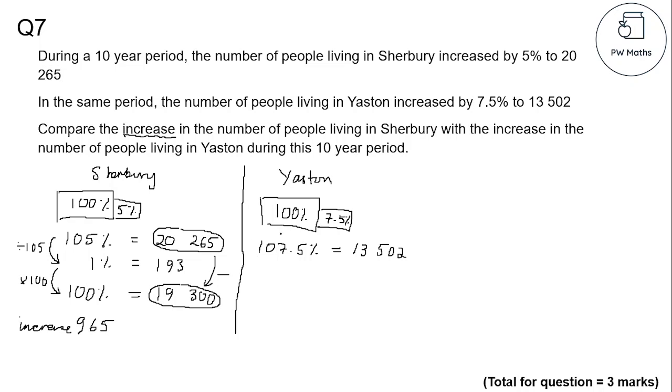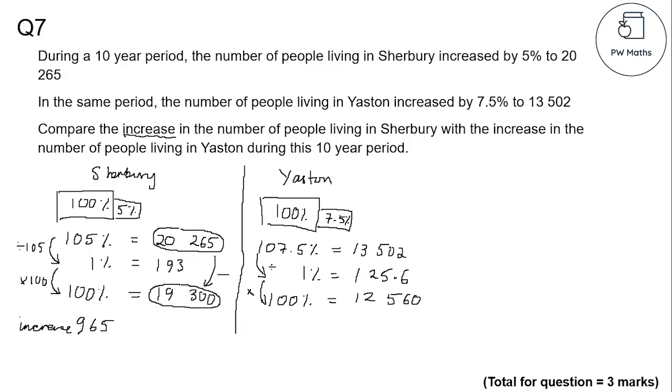And the same technique for Yaston. We know 107.5% is 13,502. I need to get to what 100% is. I don't know how many times that goes into that, so I'll go via 1%. I'll divide by 107.5. 13,502 divide by 107.5 gives me an answer of 125.6. And to go from 1% to 100%, we'll times by 100, so it's